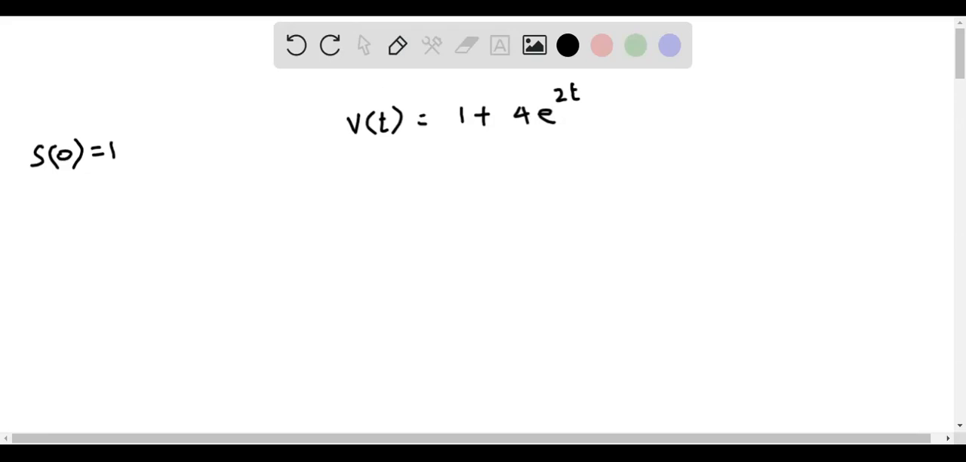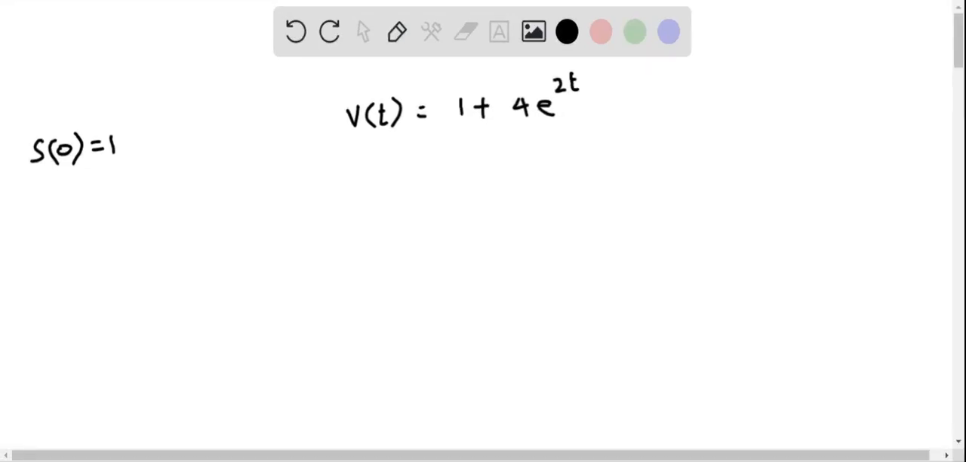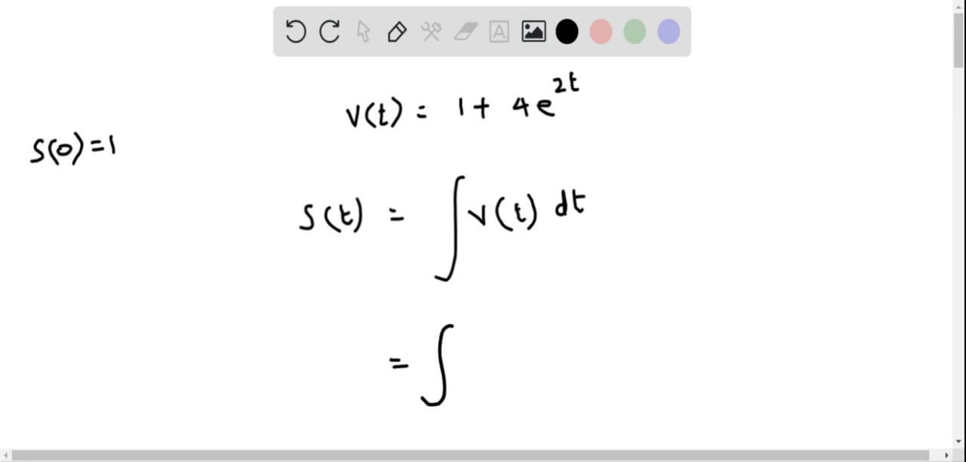We now find the displacement function s of t by finding the antiderivative of this velocity function given by v of t equals 1 plus 4 e power 2t. So we write the displacement function s of t, and this equals the antiderivative of the velocity function v of t dt. So let's replace the velocity function in this integral. So here we have integral of 1 plus 4 e power 2t